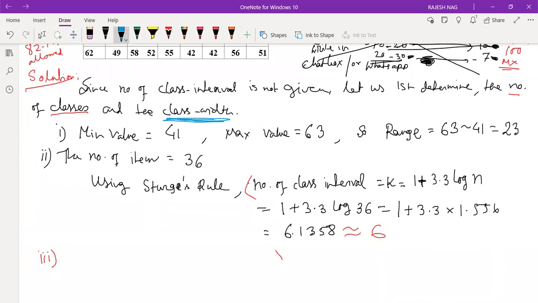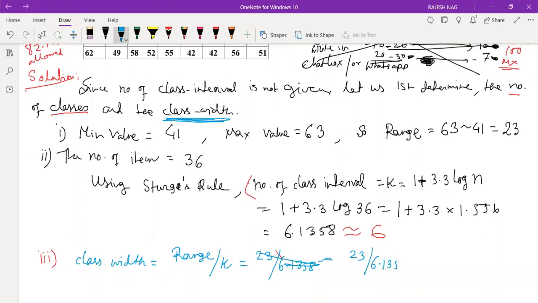The class width equal to range by k, that is কত হয় বল? রেঞ্জ 23 by 6.1358. Sir, we can't write only 6. নাও, 6টা রাউন্ডিং করে করেছি তো পারফেকশন আনার জন্য, বেটার উই ক্যান গো ফর দিস। পরে ওটাকে রাউন্ডিং করে নেব।